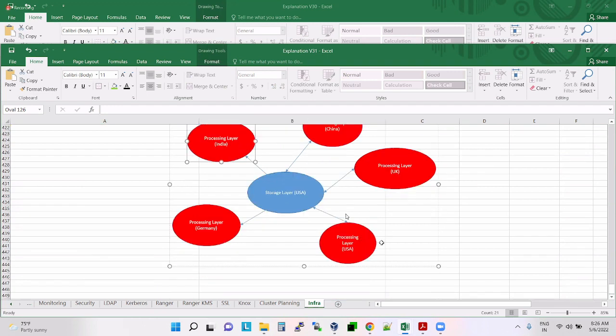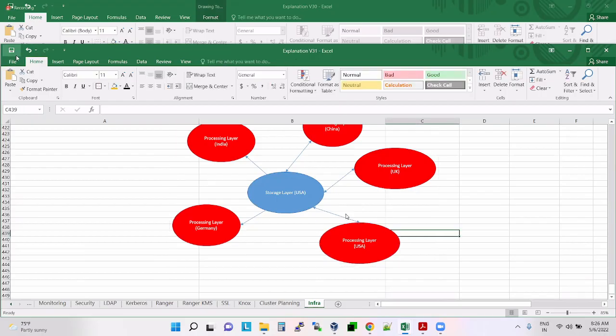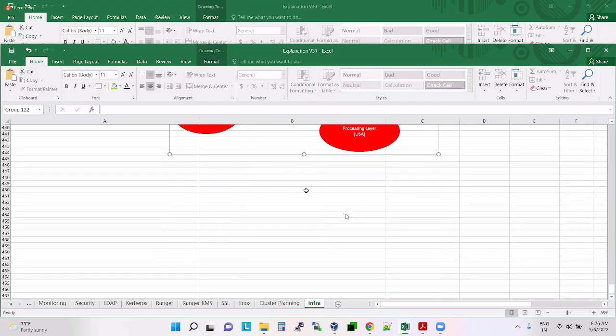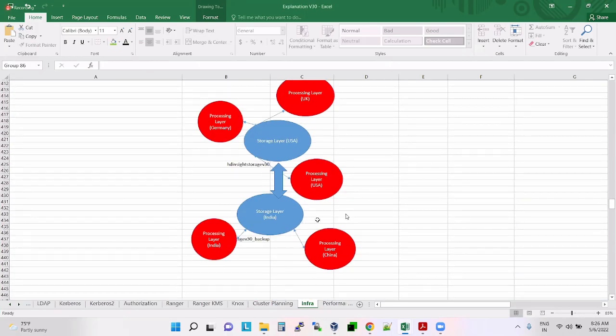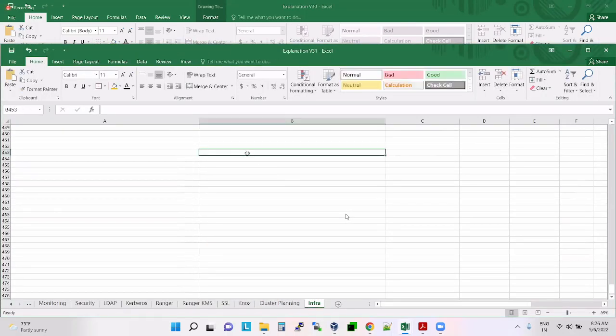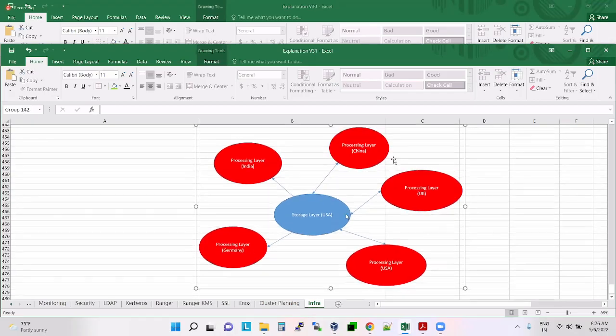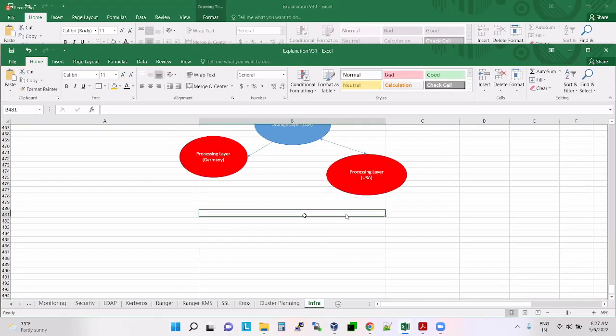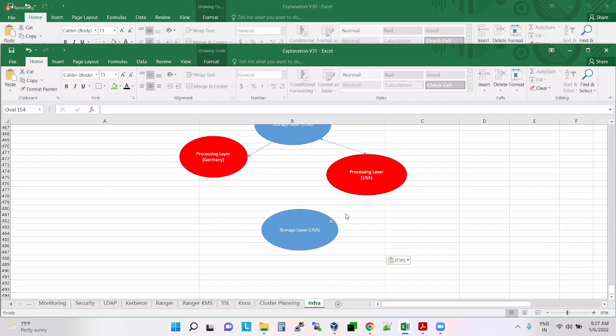Understood, guys? So in this case also performance will be an issue, yes? There are chances of performance issues, correct? Yeah, because it will go and fetch data from there every time. Exactly, sir. So for that, what we are doing is replicating the storage layer in other places. Understood, sir?